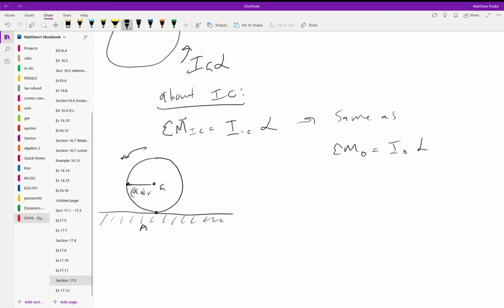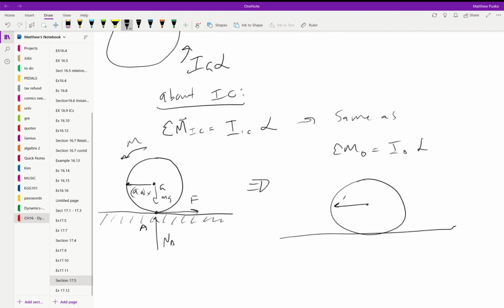It's not lifting off the ground, so G will not have an acceleration in the y direction, but it has a mass times gravity pointing down and a normal force pointing up. So we're going to turn this into a kinetic diagram. If this has some rolling power to it, some moment, let's pretend in this case it's caused by a frictional force, like the rubber on the concrete in the road. We can turn this into a kinetic diagram